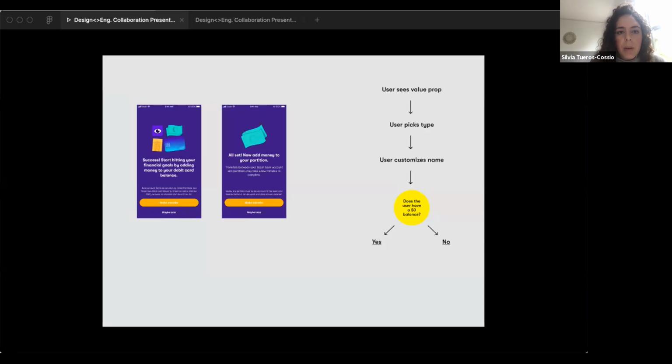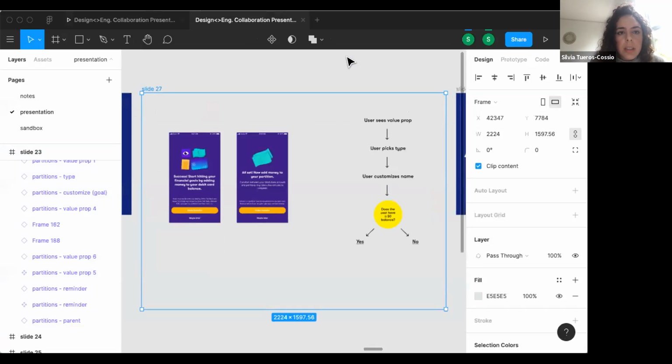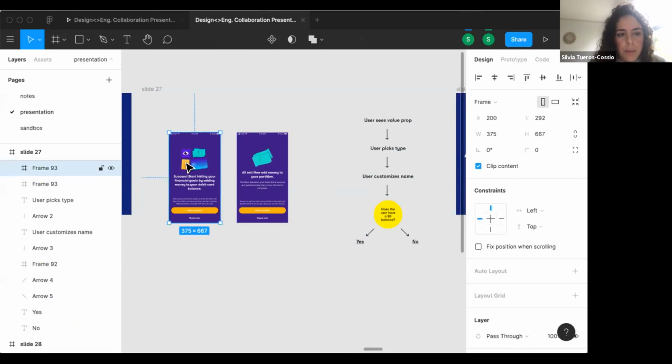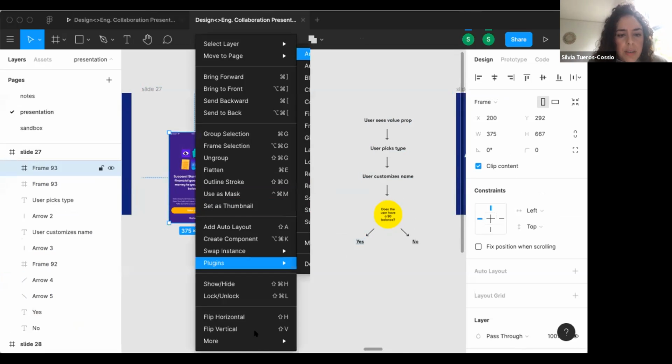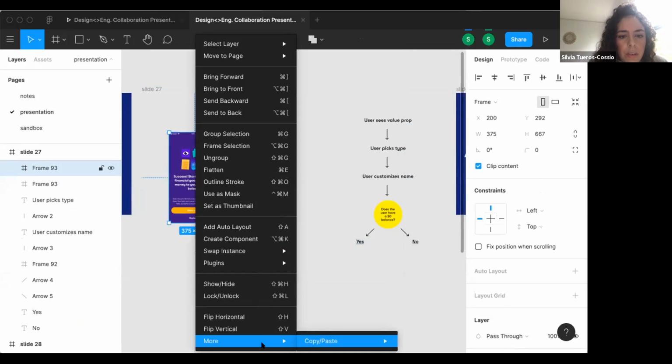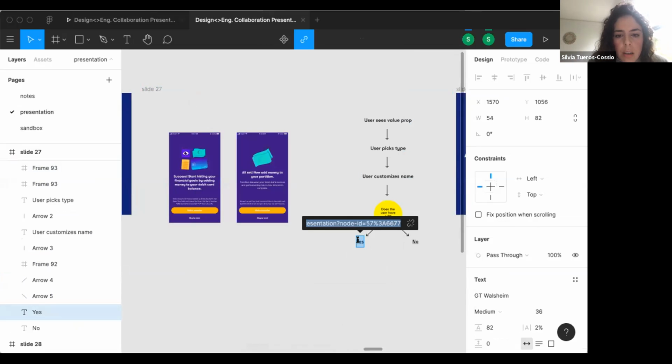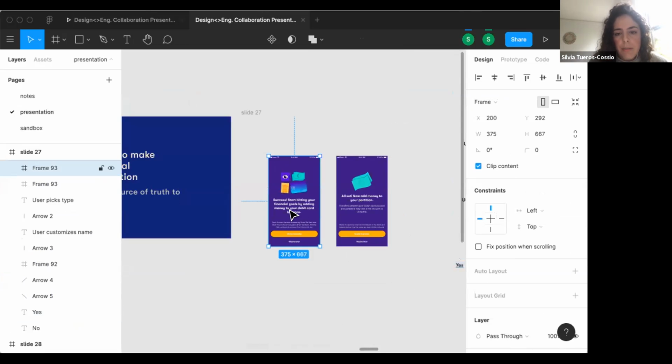one example that came up for my team was this. So we had lots of screens in our main flow, but what the developers actually needed to make sense of this was a decision tree. So what I did in Figma was make this decision tree, but then at certain points in the decision tree, I could link out to certain frames. So I can just get the link for this. Then here, let's do that. And then this will automatically link to the frame that you need.